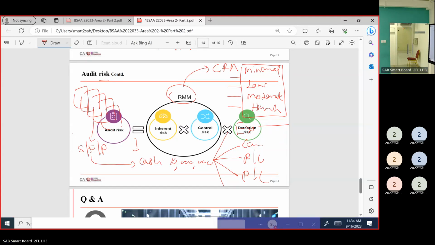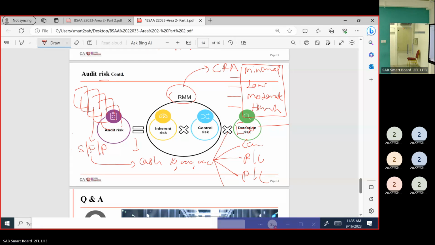If there's an order at 11:50 that you dispatched and handed over, that should be recognized in 2022. An order you dispatch at 1 o'clock on the 1st of January should be recorded in 2023. So the correct revenue should be recorded. We have to evaluate the completeness of the revenue balance and revenue cutoff. So there's a risk there.